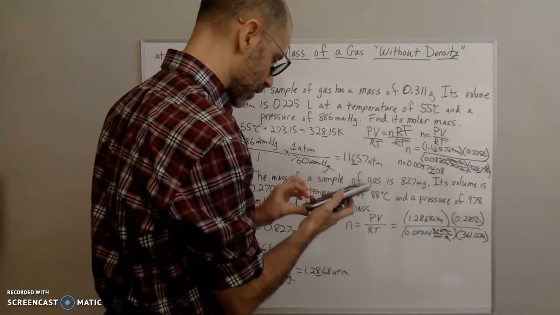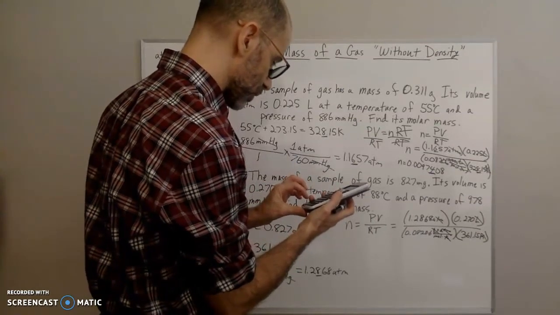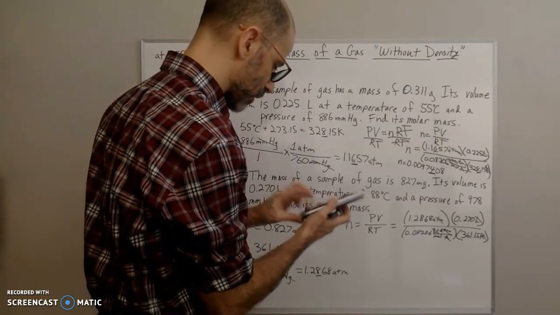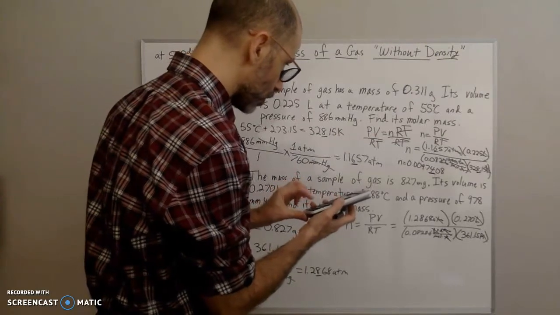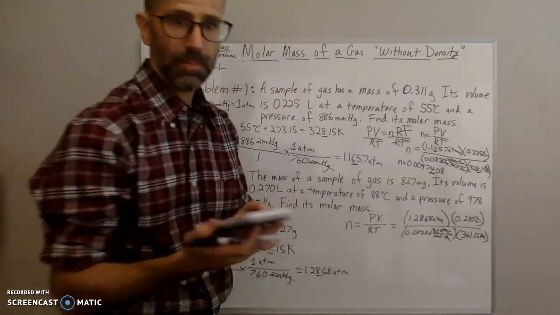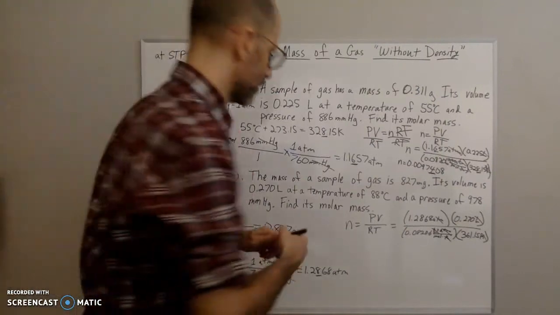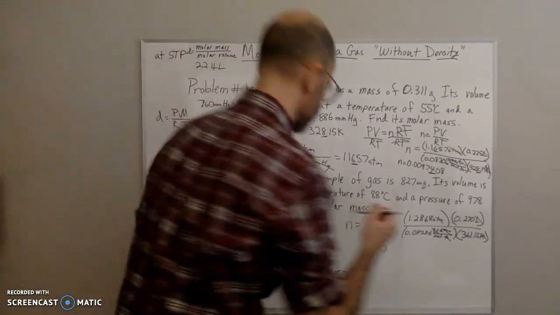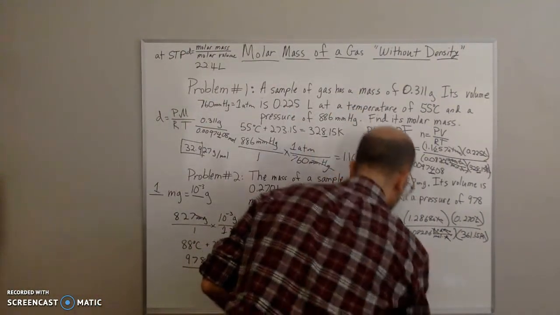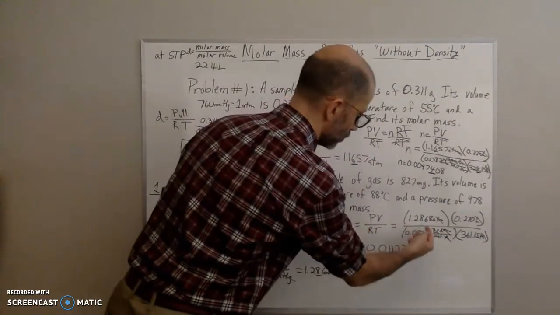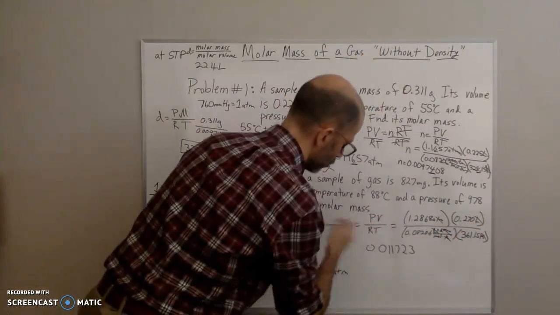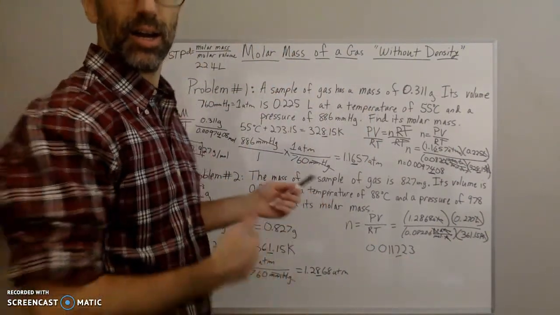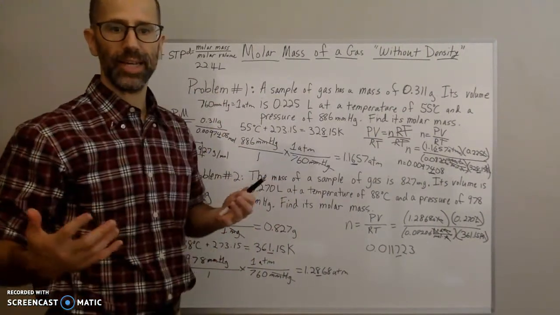1.2868 times 0.270 divided by 0.08206 divided by 361.15 equals, and I have 0.0111723, and here I have 3, so I'm only allowed 3 sig figs. And so now all I need to do is divide grams by moles and I get the answer. I hope